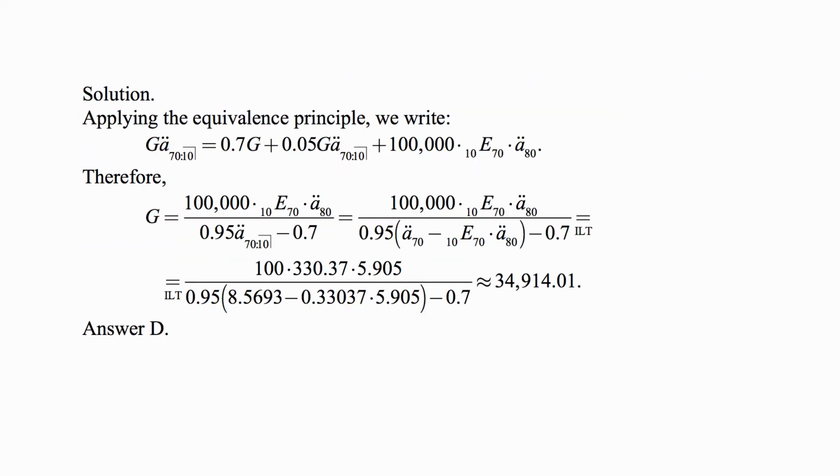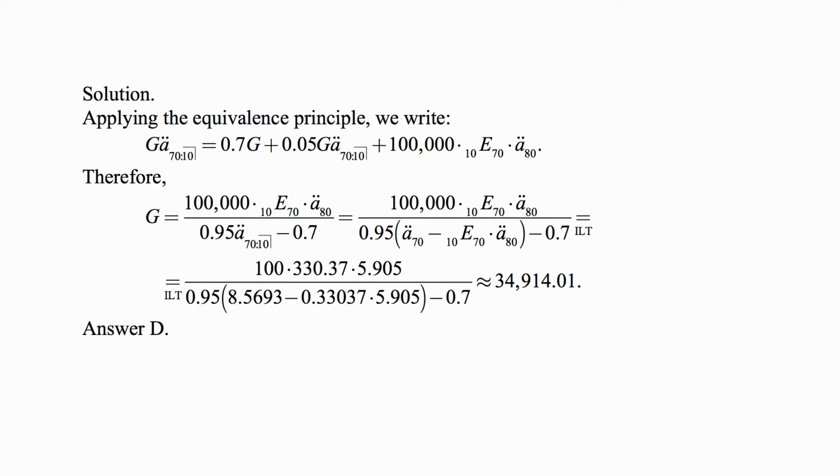So we apply the equivalence principle, and on the left-hand side we write the actuarial present value of premiums, which is G, A double dot, 70 colon angle 10, because 10 pay in policy, so the premium is paid only for 10 years as long as the 70-year-old is alive. And that pays for the expenses of 0.7 G in the first year, and then 0.05 G in every year when the premium is paid,